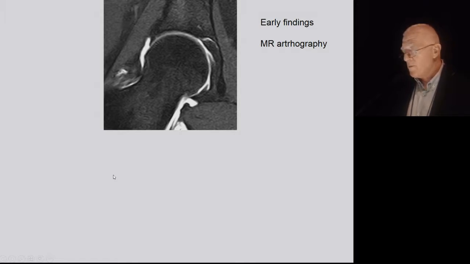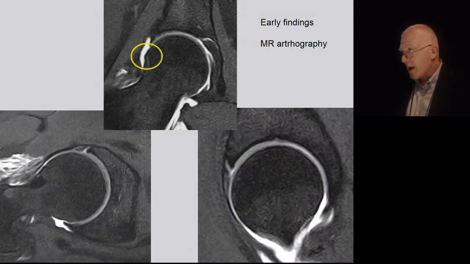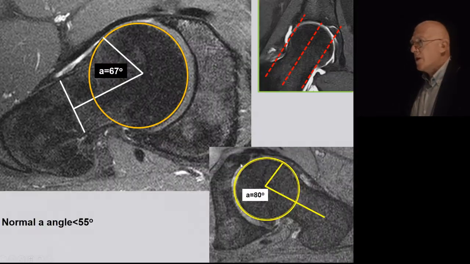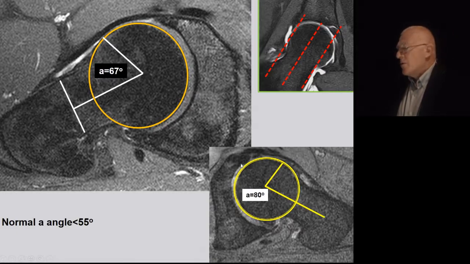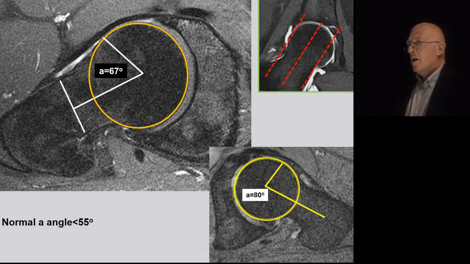Here we see the bony bump, which is projecting, and in particular views we see the labral tears without any cartilage delamination. There is a lot of discussion about alpha angle. I would like also to listen to Jenny's opinion on that later on, but I'm not relying on this very much. There are papers which suggest that 55 degrees is the upper normal limit. Others, more recent, said that 78 degrees would be the upper normal limit, a paper published recently in Cartilage and Osteoarthritis. But in my view, alpha angle is just an indication.